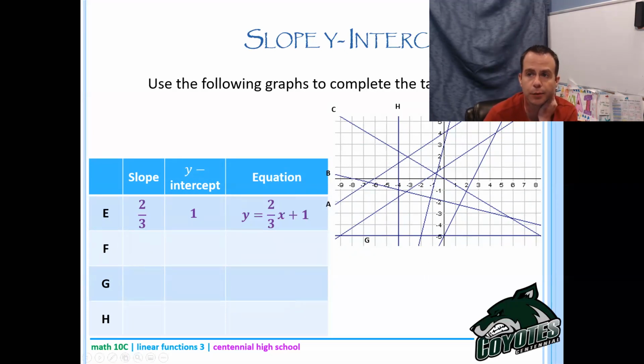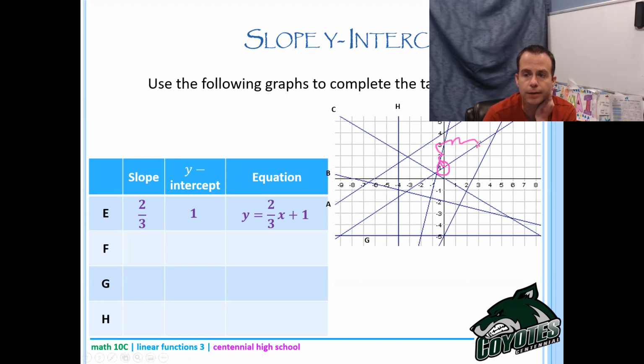We're going to pause with e and just make sure everybody understands what's going on. Okay, so what I had for e is right here. Here's my y-intercept at 1. Okay, that's where I hit the y-axis. From there, I go up 2, over 3, and you can see that I'm right back onto the line. So up 2, over 3 each time gets me back onto the line. So that's why I know that's the slope. Okay. All right, for f,